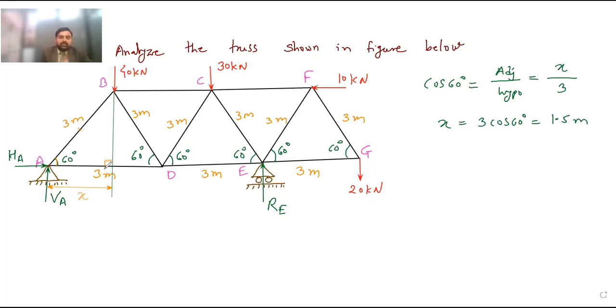And similar is the case with all the others. So this total length is 3 meter. Then there is also one property of an equilateral triangle. If the given triangle is equilateral, and if you drop a perpendicular from the vertex of the triangle towards the base, as all these angles are 60 degrees and these sides are equal, then that perpendicular bisects the base into two equal parts. This is the property of